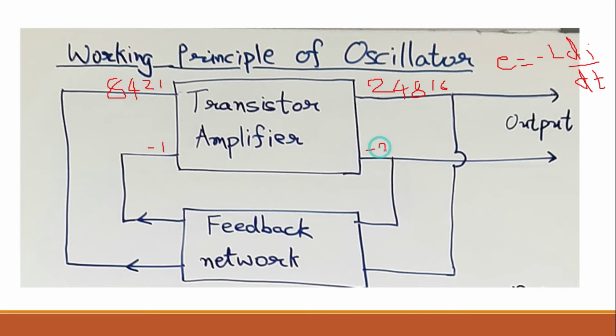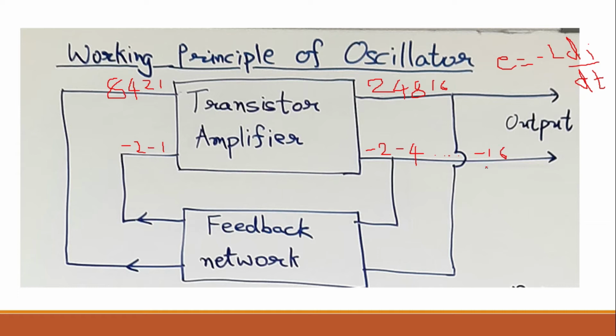Minus 2 volt. Again the same minus 2 is fed back to the input and you are applying minus 2 volt from the input. You will get minus 4 at the output. And this goes on. Up to which level? Up to the level where IB, the base current, becomes less than the cut-in voltage of the transistor, and hence the transistor will become cut off. And once the transistor becomes cut off, that means the transistor has reached the bottom level.